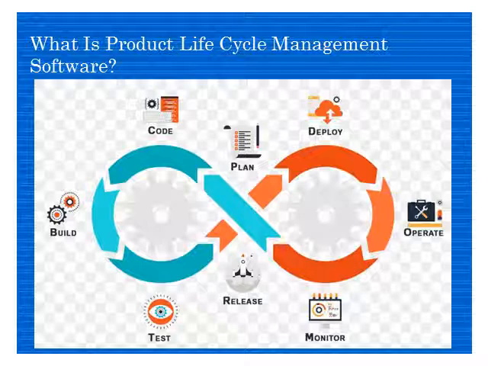Then operate and monitor, meaning actual operation, actual execution, actual use by the people, and then you monitor whether it is doing fine, what the problems are, where it is crashing, like a software in your phone, where it is failing. If everything goes fine, this is a release, then you again plan what changes and modifications to make depending on the monitoring and the feedback you got. You can change the code, or a new version or next release will come, and again it goes in the same loop. This way your product lifecycle software will integrate everything, all models will be integrated in a PLM software.